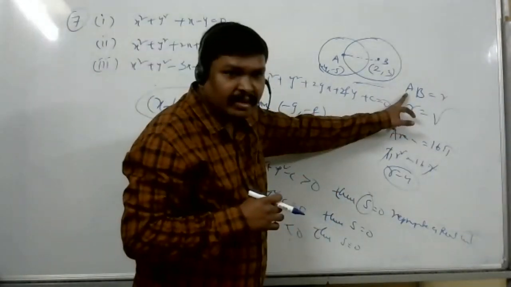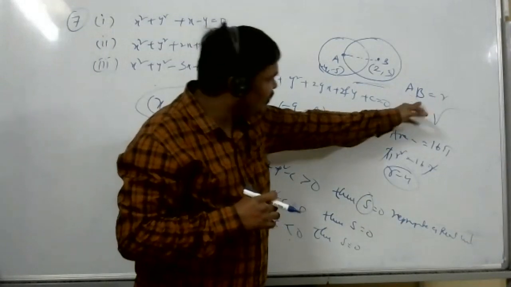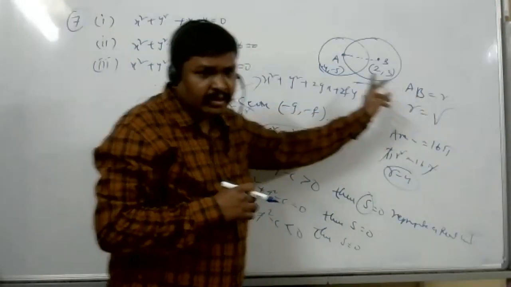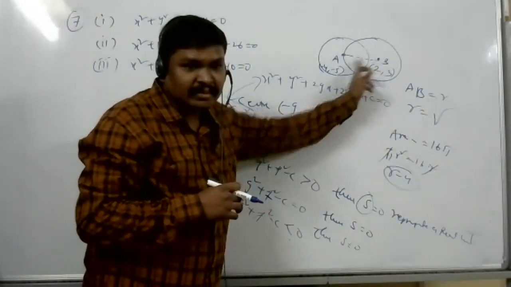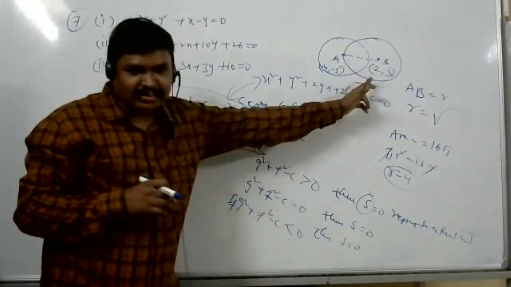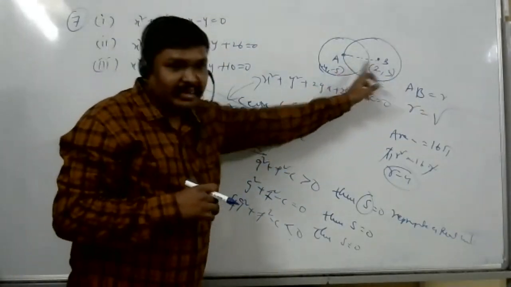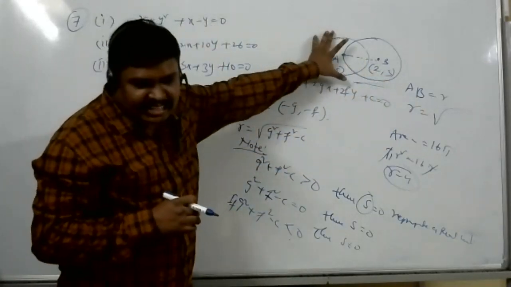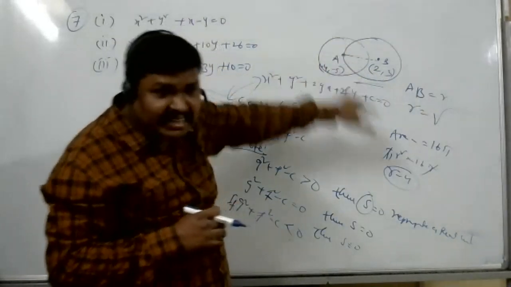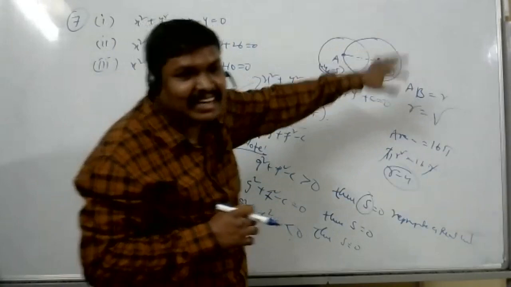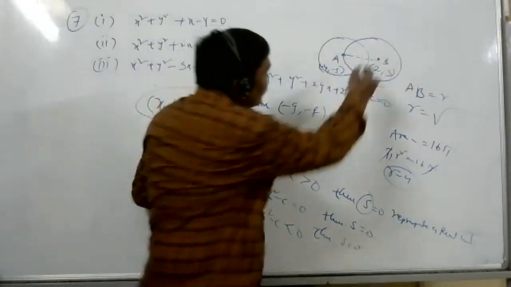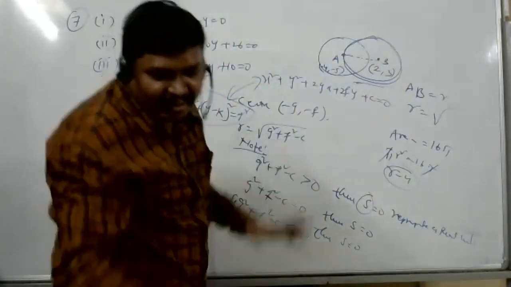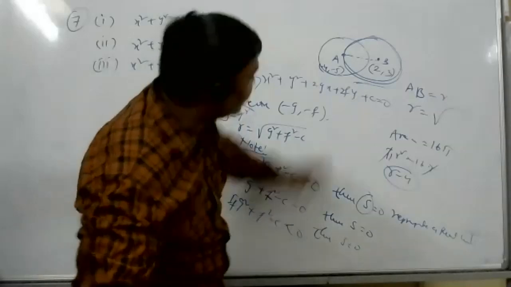Which one? This one? Yes, sir. AB is equal to radius, find. R is equal to. So what are A and B here? Centers, right? Yes, A and B are centers. Find the distance AB with x1, y1, x2, y2. Okay, sir. First circle is given. This circle's center, and this circle's center is the concentric circle. Center of the given circle and the concentric circle is this one.